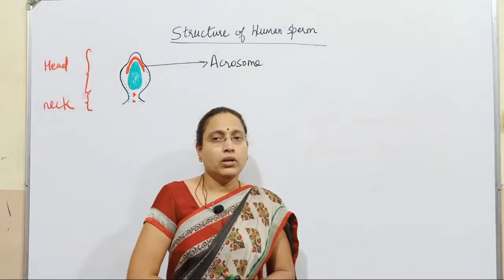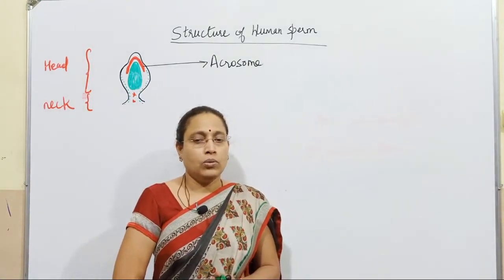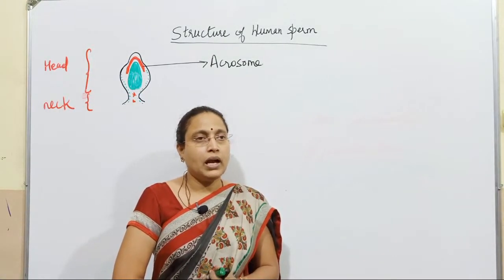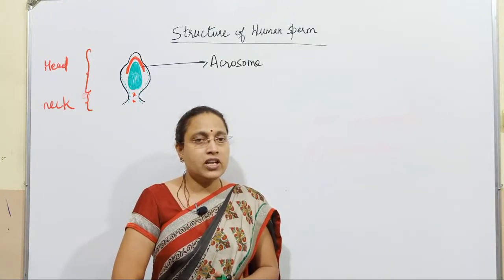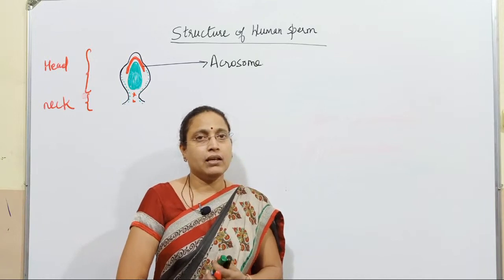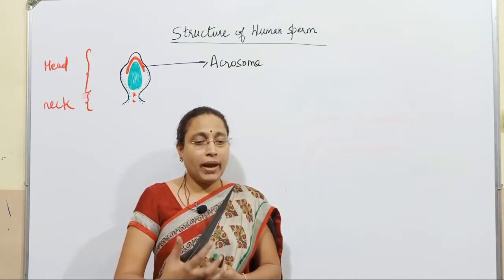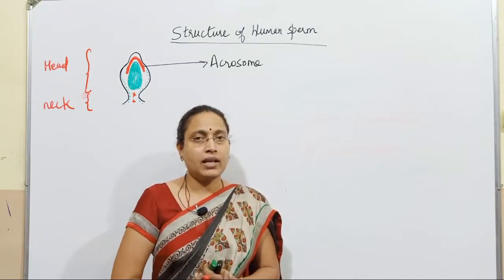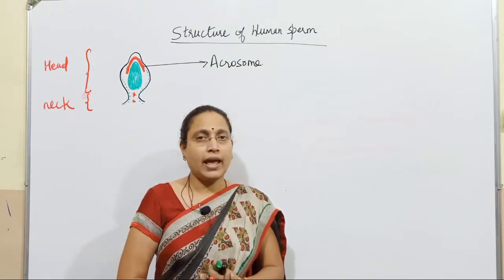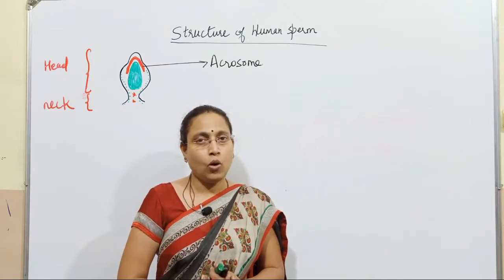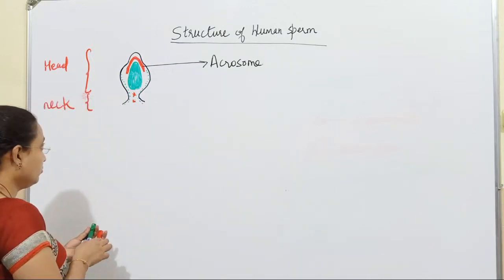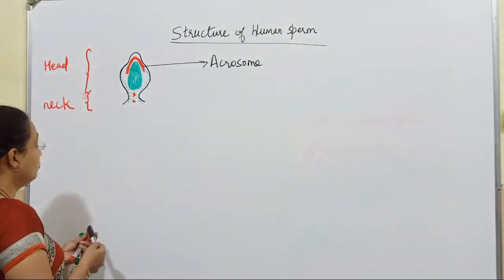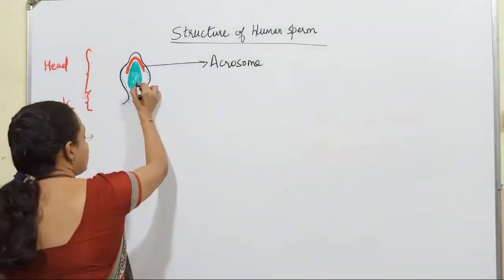This acrosome will also be undergoing changes during capacitation. So during capacitation, the changes made are such that it is easy for acrosome to fertilize the ovum. The next part is